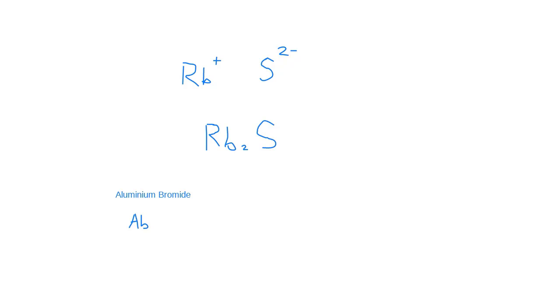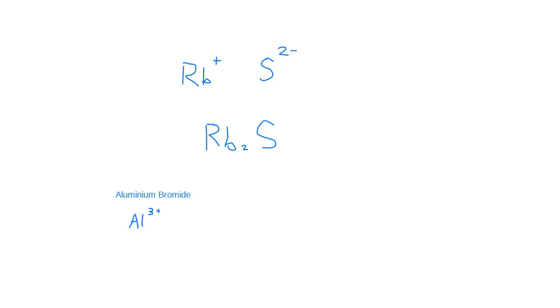Bromide is what? Oh, whoops. I don't know what I'm doing. Okay, when they say what is the positive ion, do I say 3 plus or I just say plus? Well, the positive ion would be 3 plus. Okay, 3 plus. Then the negative ion for bromide would be minus